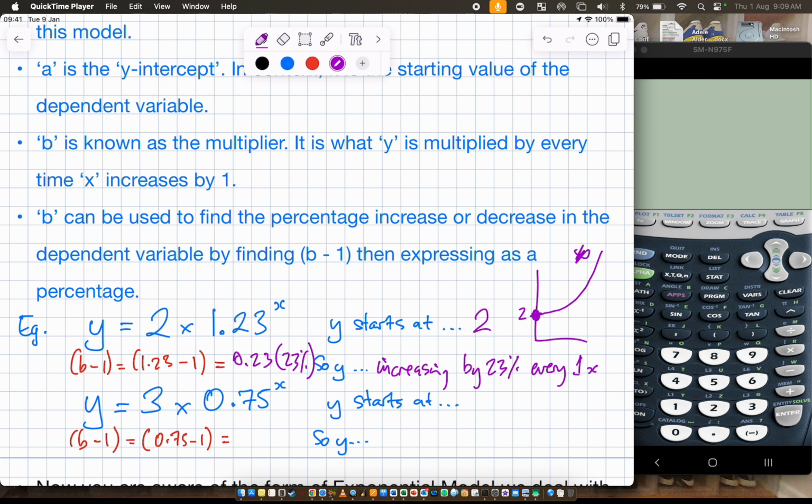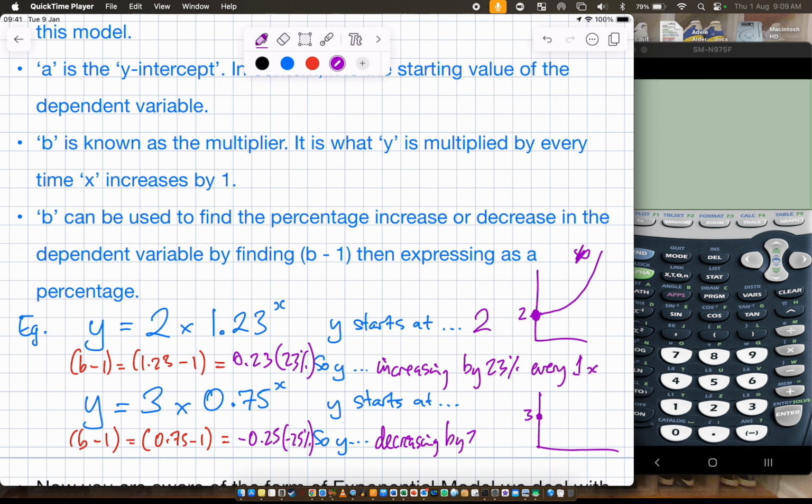3. Good. So I know that the graph, I don't know where it's curving right now, but I know it's going to go through 3 there. But what is B this time? Is B greater than 1 or less than 1? Less than 1? So if I go 0.75, take 1, what number am I going to get? Negative 0.25. What is that as a percentage? Negative 25%. So what is that saying about Y? Is it increasing by 25% each time or decreasing? Decreasing